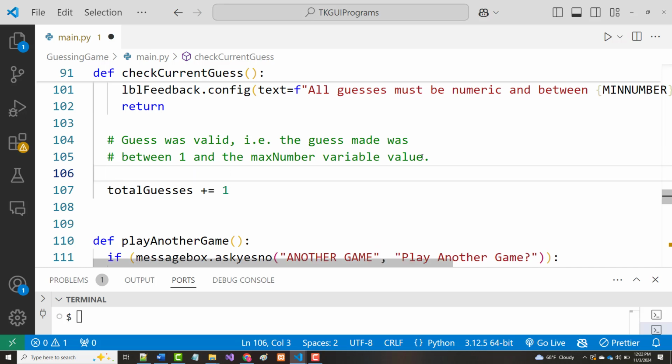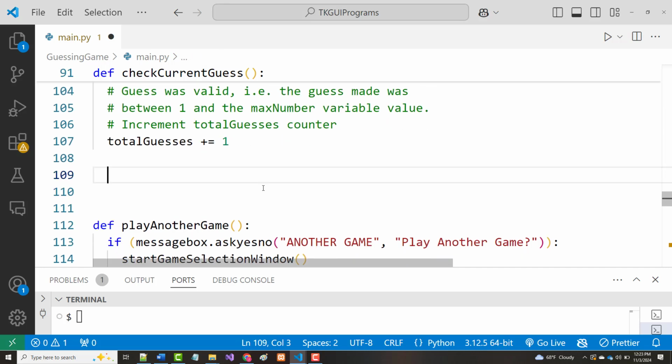So what we're doing here is we're going to increment the total guesses counter. And then we have to check to see if the current guess is either